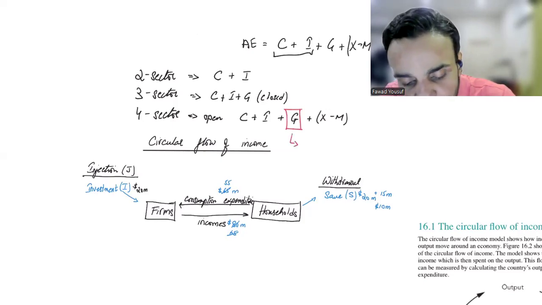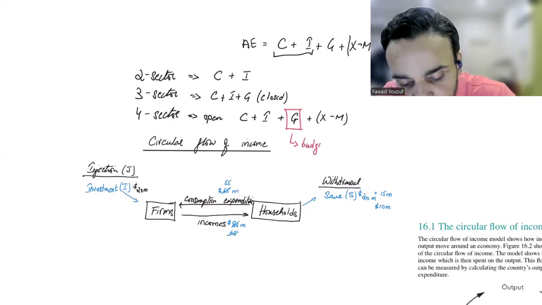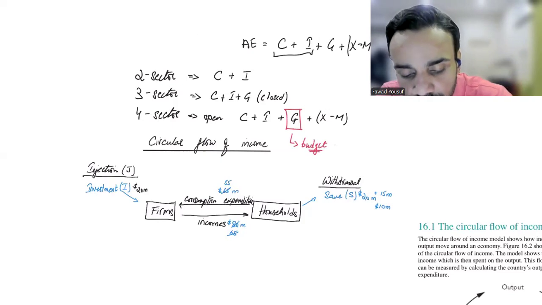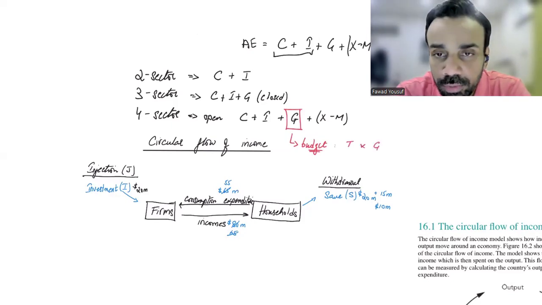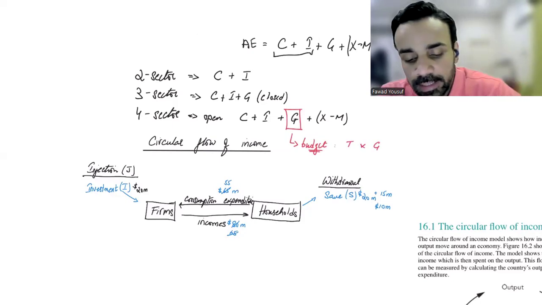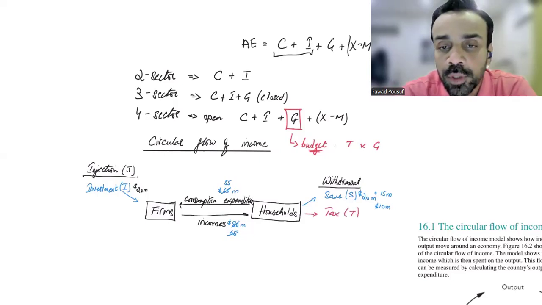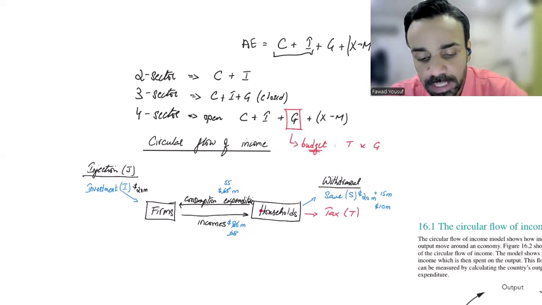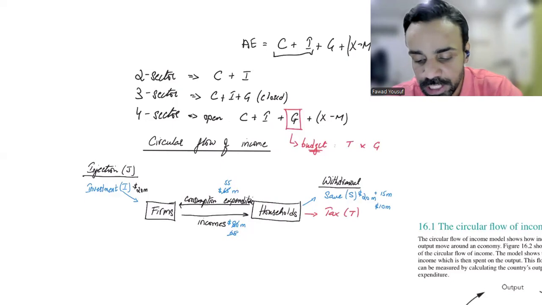Now we need to realize something about this government. Governments have budgets where they decide how much tax to collect and how much government spending they want to do. Okay? When the government taxes people, that's a withdrawal from the system because the households don't have the money now. It has been taken away, so they can't spend that money anymore. Okay, so the government has taken this money out of the system.